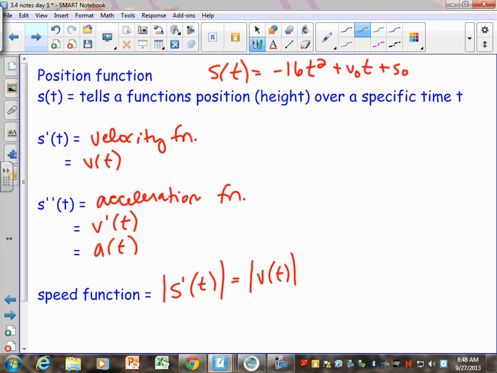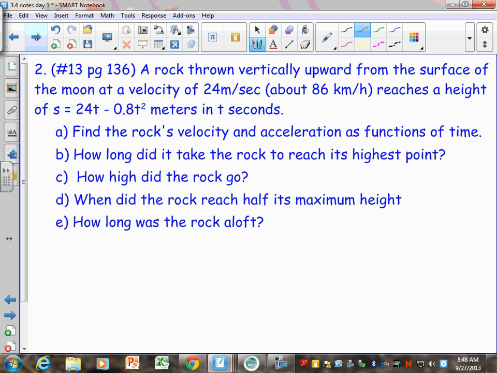So now we can do some awesome problems with this. This is where you really want to pay attention. The homework tonight definitely is not as straightforward because you have to think through these. This is why I printed this stuff out, for questions like this. And this is actually in your book, number 13.